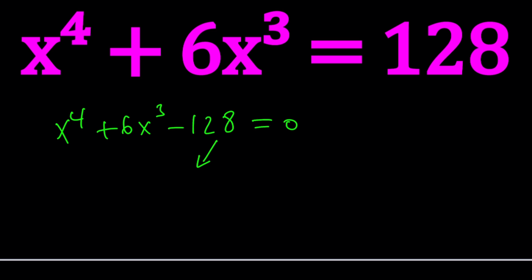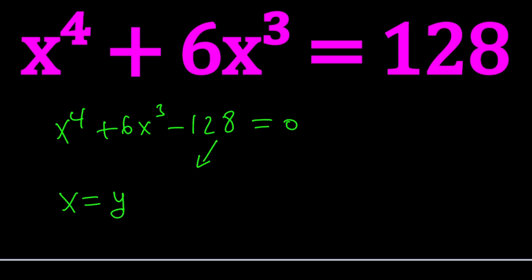So the second method that I'd like to show you is getting rid of the x cubed term. In other words, getting a depressed quartic. I know it's not necessary. You don't have to do it that way. And I'm going to show you an alternative to that as well. But here's how it works, at least. You can replace x with